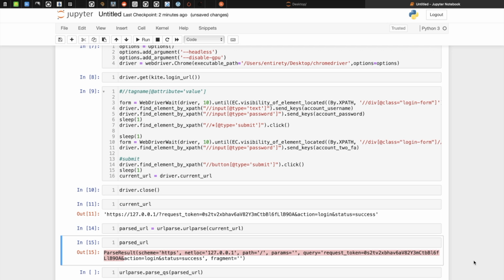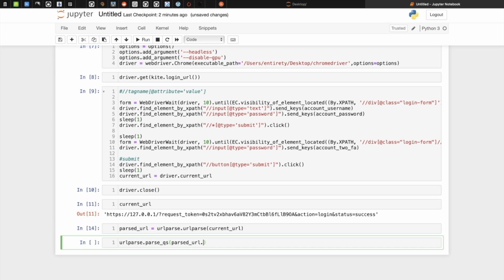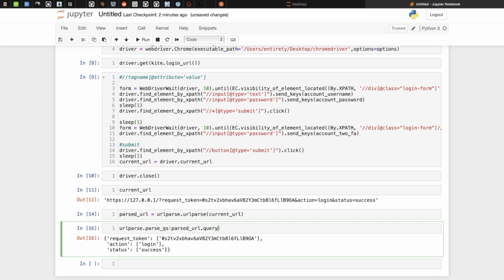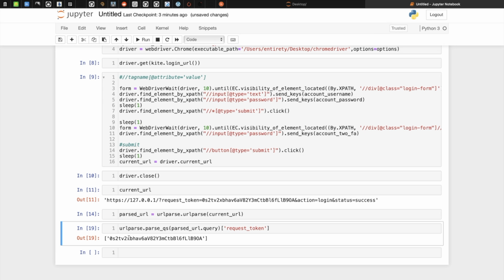This is our dictionary format. Out of this we want the request token, and out of this request token we want the first element, so index 0. So this is our request token.